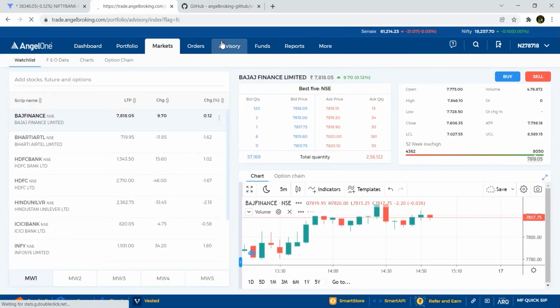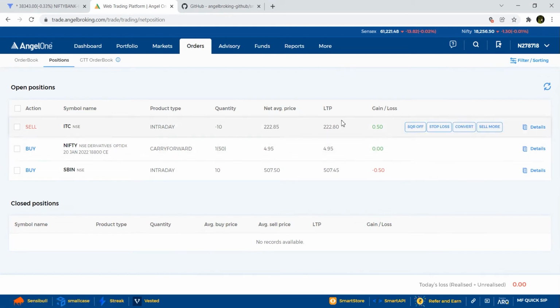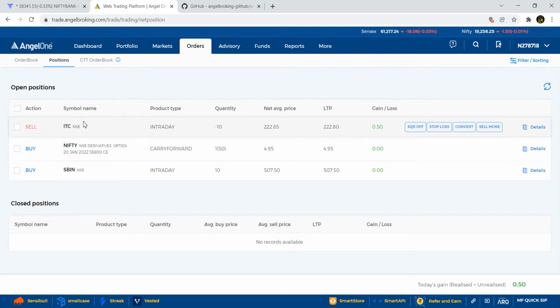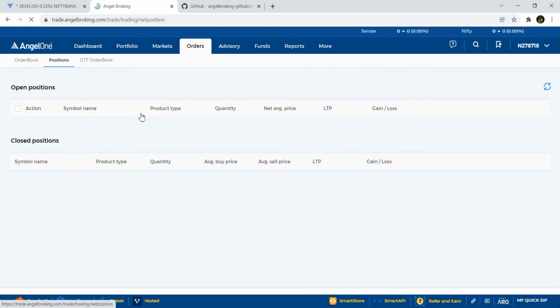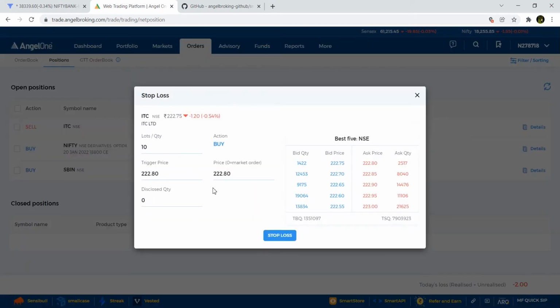So as you can see, we'll go to the orders now. You can see we have no open orders, but we have got open positions over here, one in Nifty option and two others in SBI and ITC. Alright, and now let me just place a few limit orders. Okay, so stop loss. So let's just put a stop loss in ITC of 218.